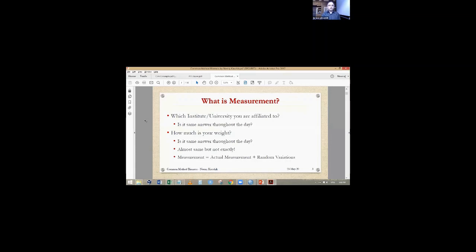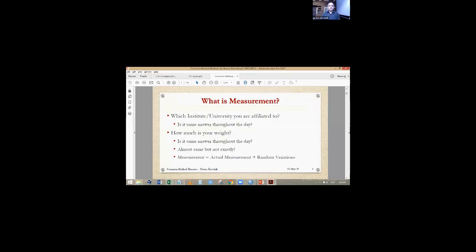But if I measure the height of a particular person, is it the same throughout the day? Exactly the same up to decimal places or no? No. If you measure the weight, height may be the same, but weight is never the same. In the morning, in the evening, in the afternoon, maybe in the night time. Why is it not the same? So certainly you will say, it depends on whether it's before the breakfast or after a heavy breakfast. What you are wearing? Are you wearing a 3-piece suit, or just informals in your bedroom? So it means we are not getting exactly the same answer.